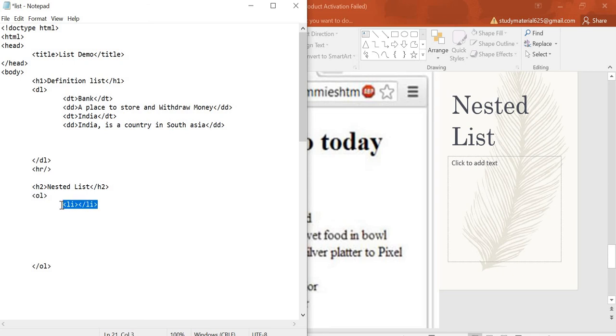Copy this one, Control C. Inside the list item, if you go to a supermarket, first you want chocolate, then you want some cookies, and then after that you want some sweets and vegetables, and in the last you want some dry fruits.